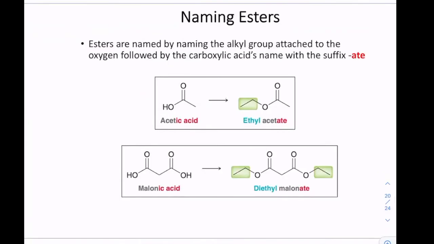When we name esters, C double bond O with an OR, so that's an ester. If we're naming an ester, we replace the carboxylic acid's name with the suffix ate. So if we have acetic acid, it becomes acetate. And then at the beginning of the name, we have to put the name of the R group that is attached to the oxygen in the ester. So this would become ethyl, because there's an ethyl group there, acetate, because this was acetic acid,